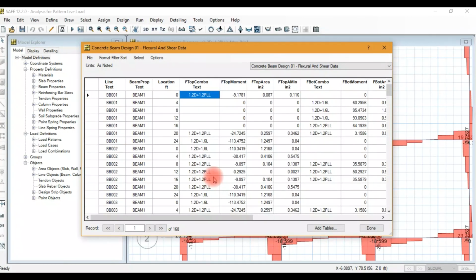You can see that for this concrete design, where the forces for the live load are lower and pattern live load is higher, the load combination of pattern live load is chosen, and where the forces for the live load are higher and pattern live load is lower, the load combination for the live load is chosen. And where dead load forces are higher, then the dead load combination is chosen.